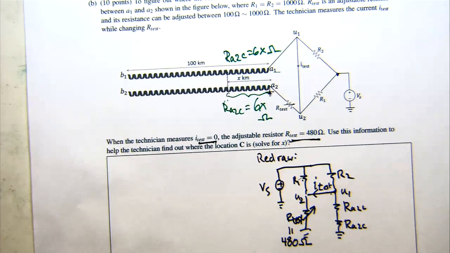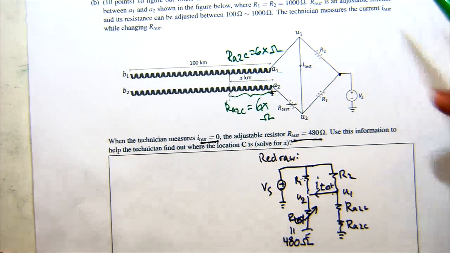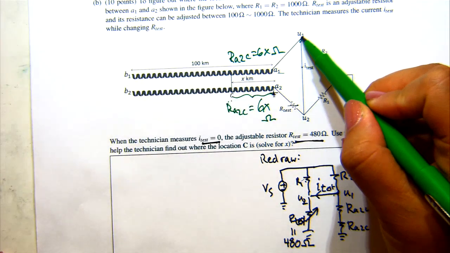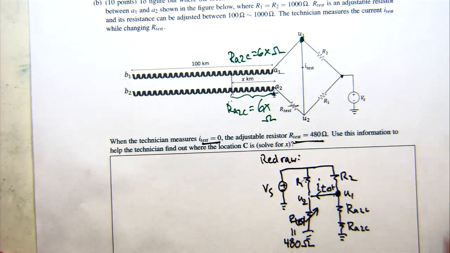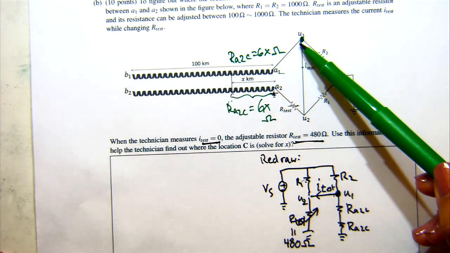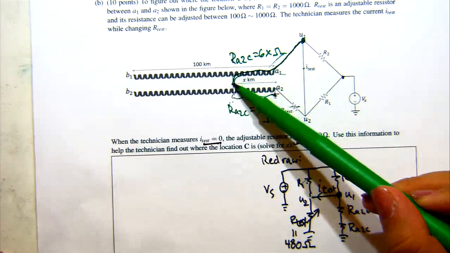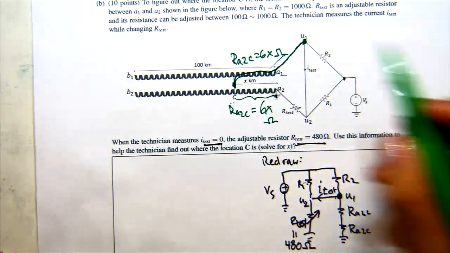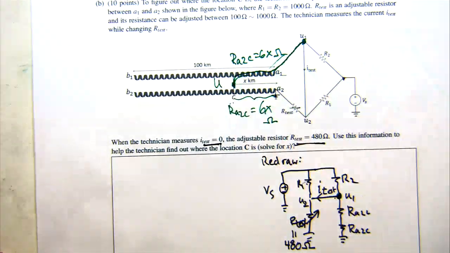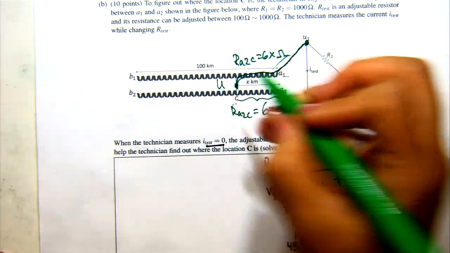Okay. So if I were to go ahead and draw this out, let's say I have U1 here, right? That's corresponding to this node here. You can think of it as there's some pathway here across RA to C up to this node, right? So let me call this U3.